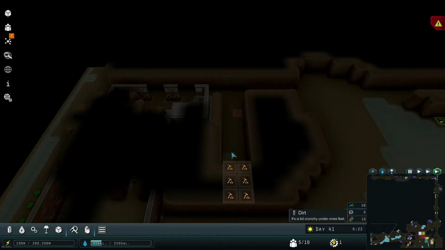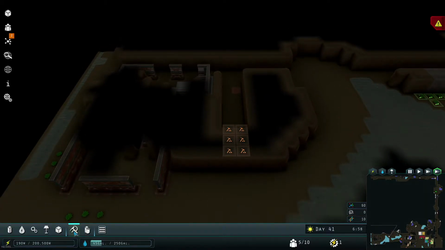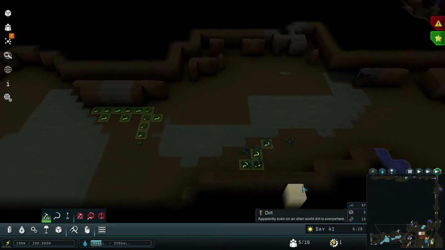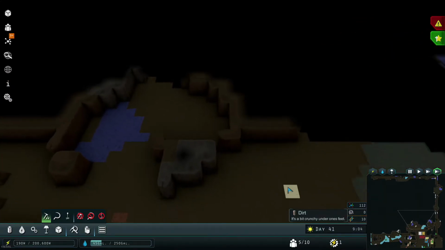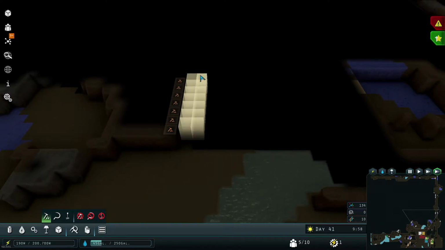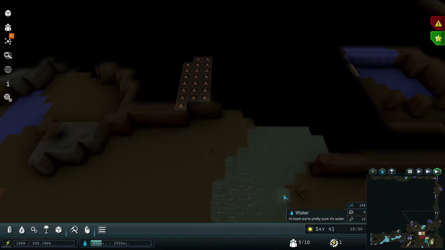All right, let's go over here and see what they've found. So they found that one little bit of iron. All right, so I guess we're going to have to do some exploratory digging somewhere. So let's go up here. See what we find up here. Maybe we'll get lucky and we'll find some iron somewhere,